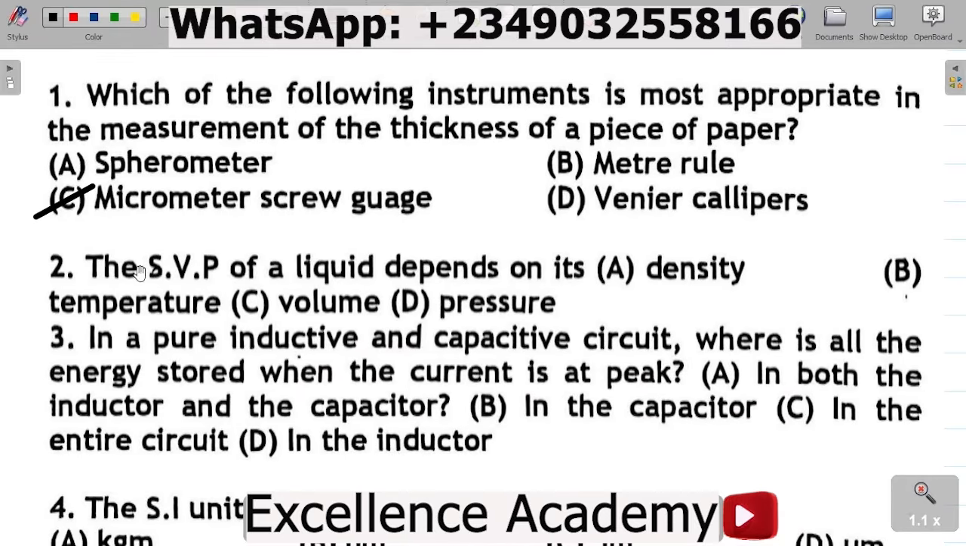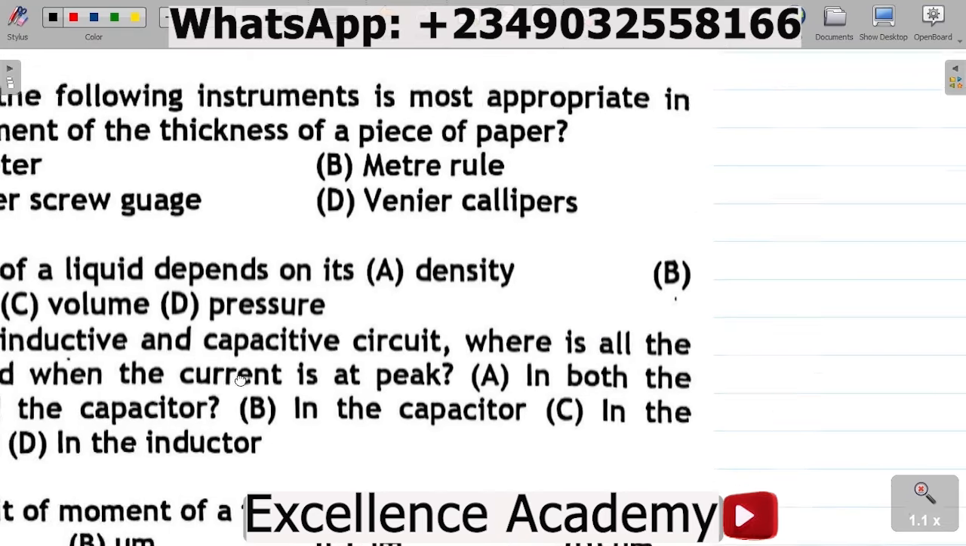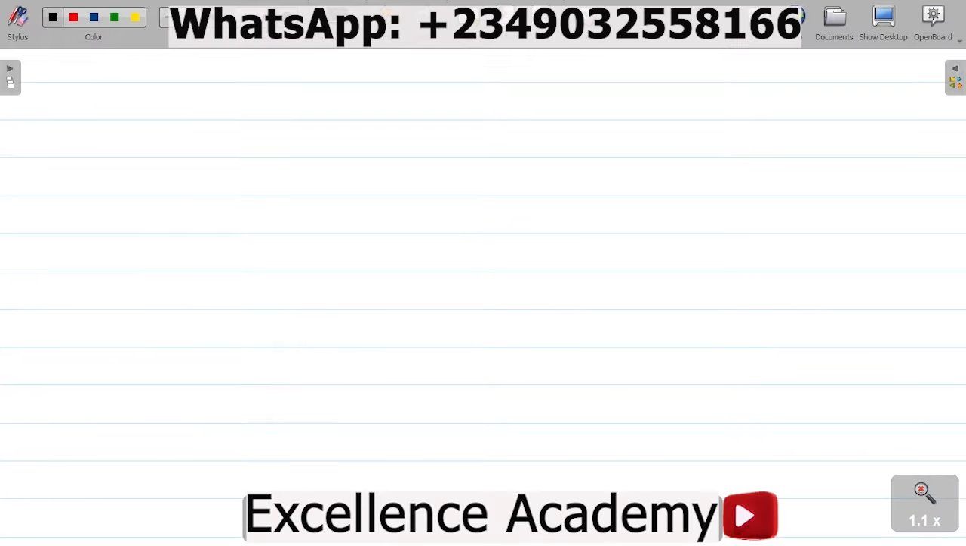Question number 2. The SVP of a liquid depends on its A, density, B, temperature, C, volume, and then D, pressure. To answer this question here, the first thing we have to do is to understand the meaning of SVP. Now note that SVP simply means saturated vapor pressure. All right. So I'm going to write this. SVP is simply